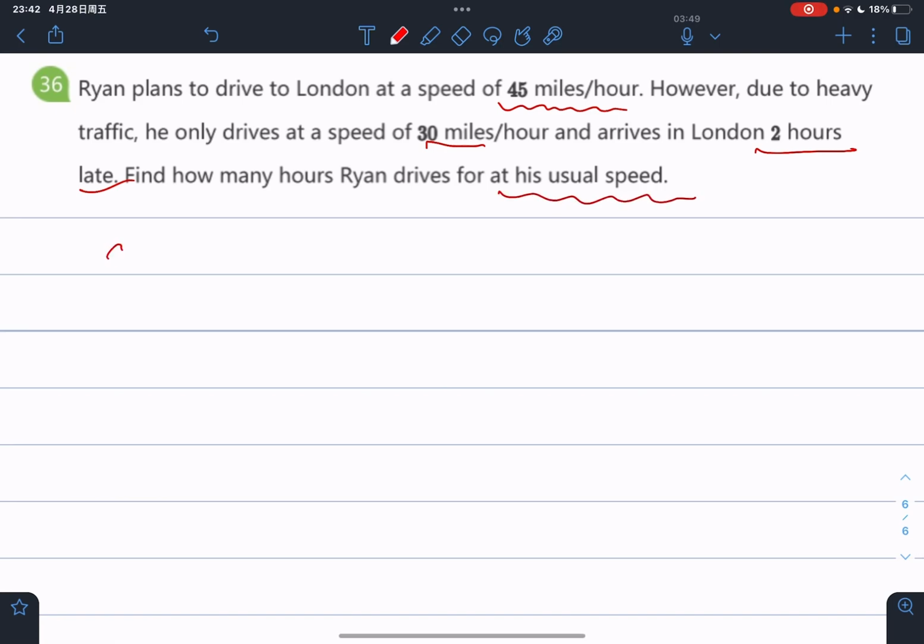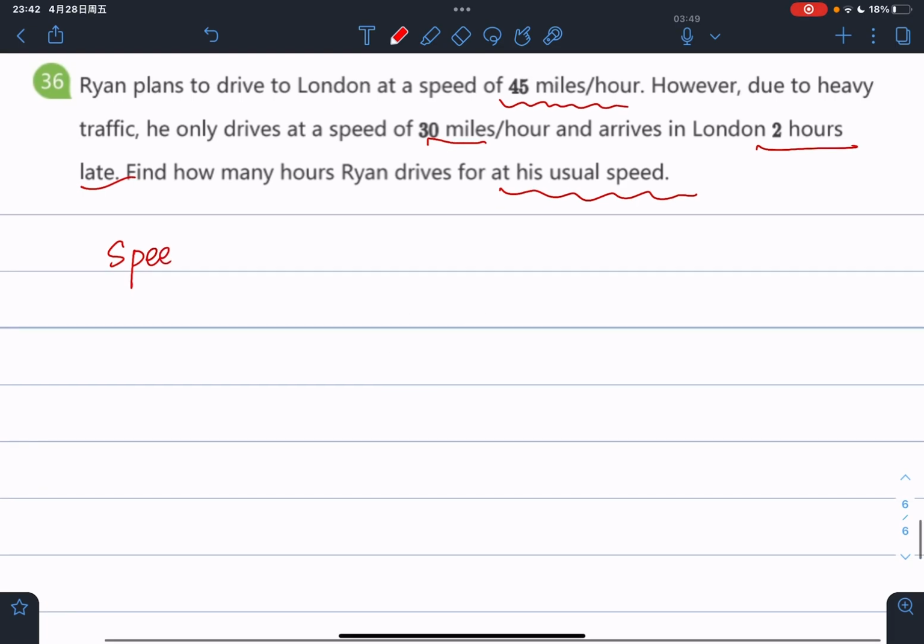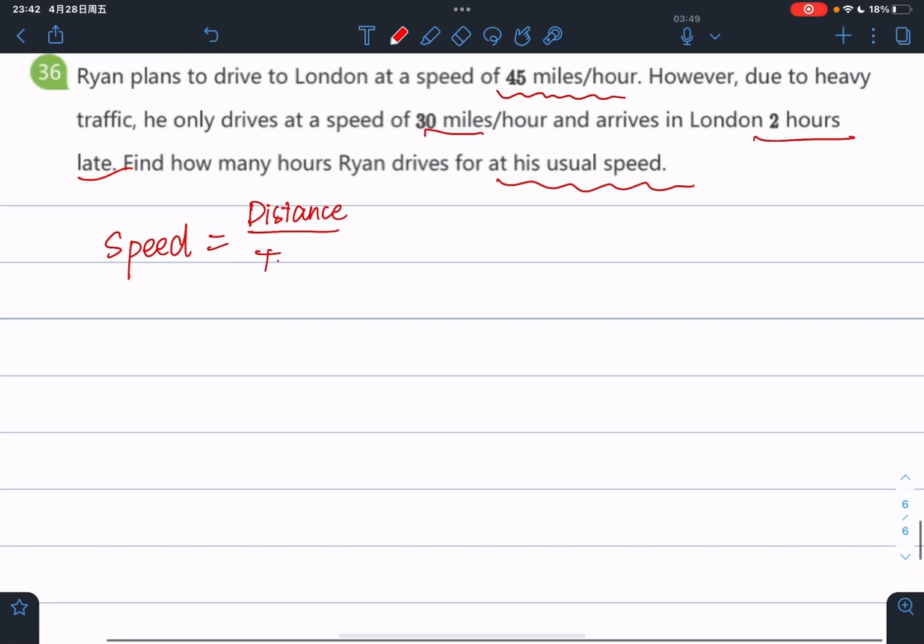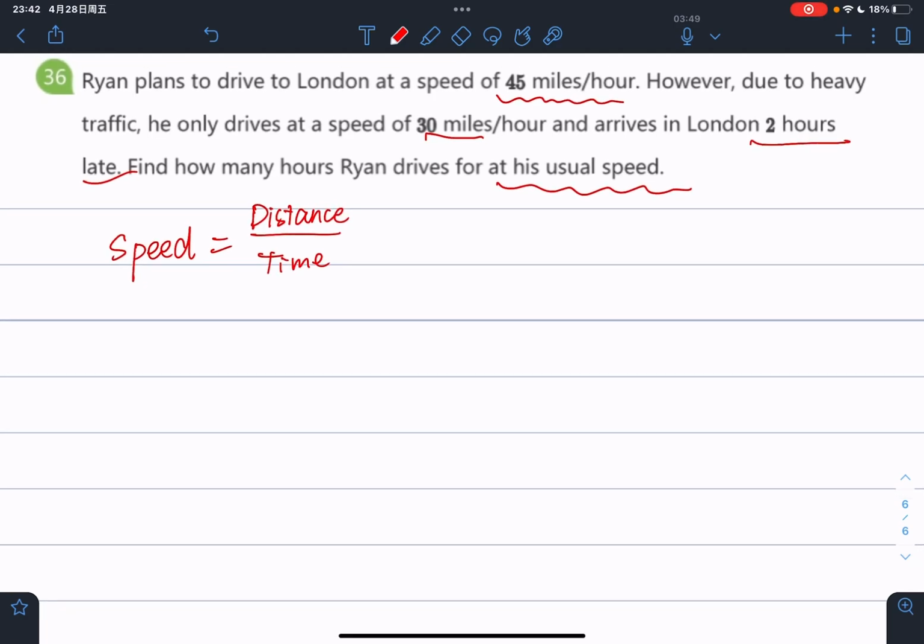First of all, let's still write down the basic equation. Speed equals distance divided by time, right? Since Ryan is traveling the same distance in both scenarios, with and without traffic, the distance is always the same. We can focus on the ratio of his speeds to find the time he would have taken at his usual